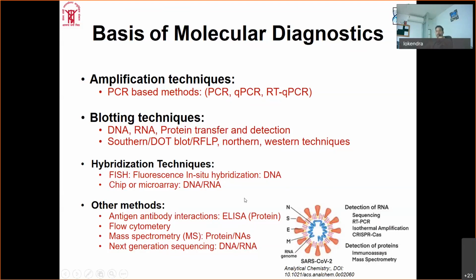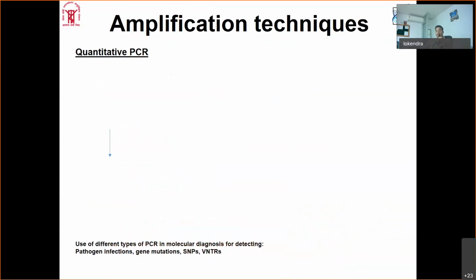So overall, molecular diagnosis, again, is a very important area of research as well as in the clinical system, because ultimately all these things have been developed through research, and there are so many advancements in those areas. So we will be going one by one through what basically these techniques are. So first, coming to the amplification technique, and I'm giving you a very relevant example nowadays because you are more familiar with the COVID. So I'm trying to correlate these techniques with the COVID, so you can have a good idea about how these COVID tests, or maybe how these molecular diagnostics can be helpful.